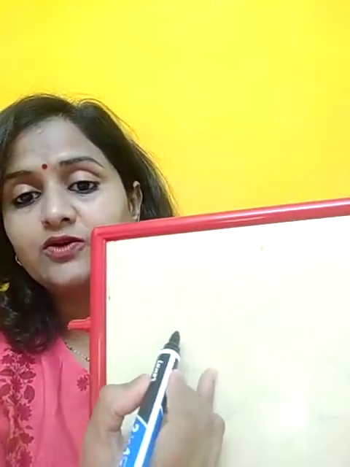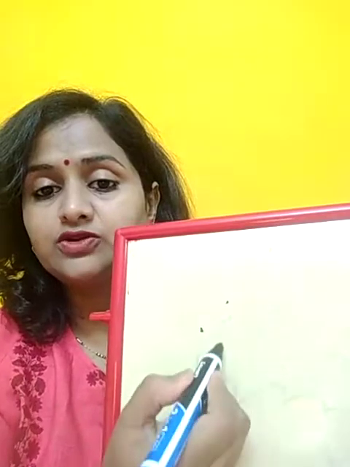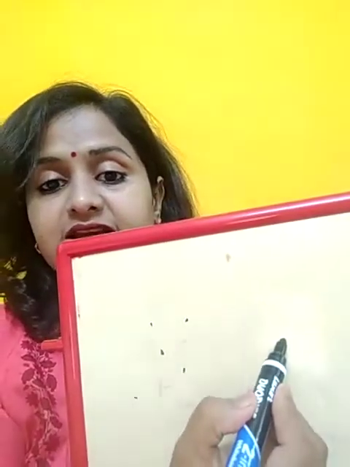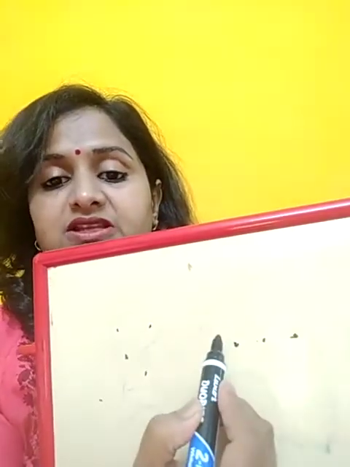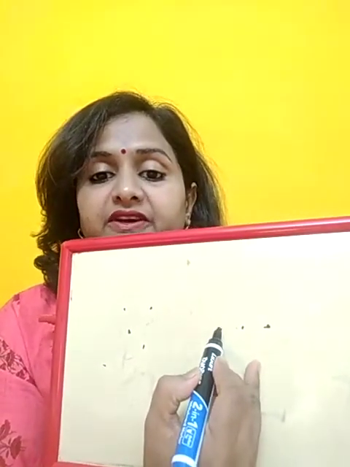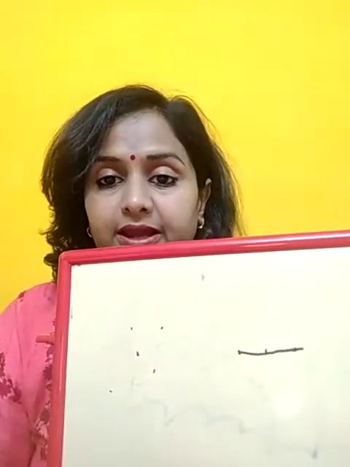And when we join these points together, it forms a line. But there are certain conditions. The points should be collinear. Collinear means they should lie on the same line. I'll show you how. See children, I told you this is a point. If I draw zigzag points, we cannot join them together to make a line. But if the points are collinear, means if they lie on the same plane and same line, and if I join them, I'll get a straight line. Clear? So this is how we get a line by joining the points.